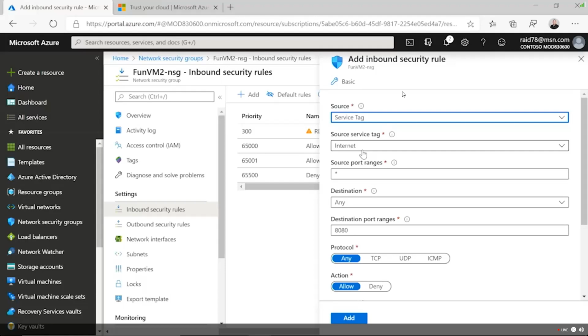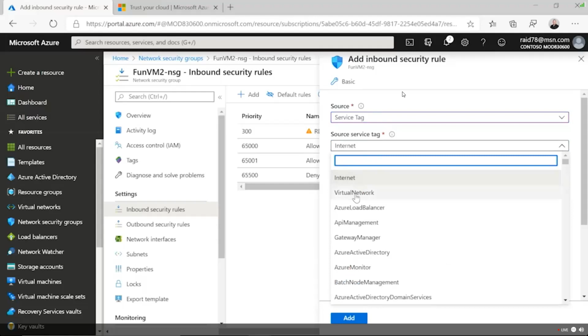But notice the service tags we have here because it's really, really big. We have virtual networks. This is virtual networks inside of Azure. So we have a rule specifically for our VNets inside of Azure. But as you scroll through this list, look at all the Azure services that are there, and they're all designed to help you filter traffic inside that list. And notice when I get down into storage, it's broken down into regions. So if I only know a certain region can come into this area, guess what? Lock it down. Why say any when they come inside of it? Lock down to those very specific resources that we have inside of Azure.